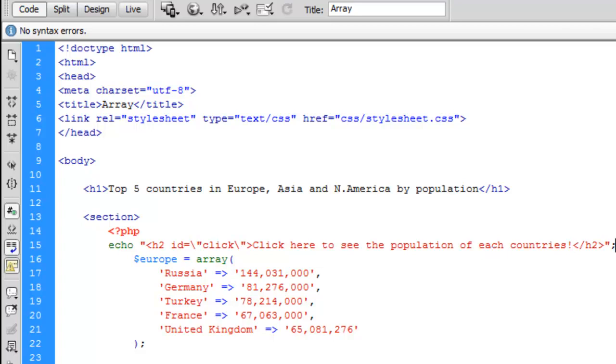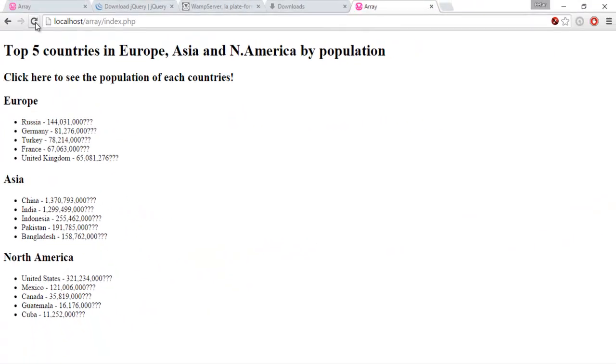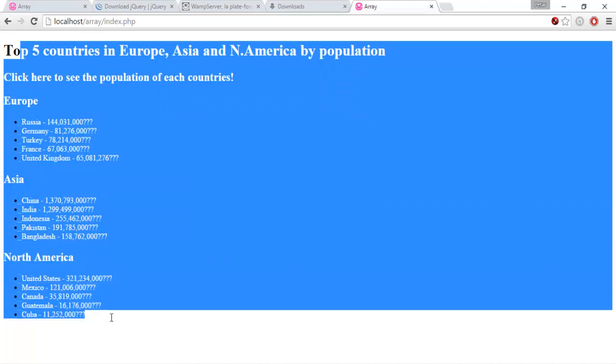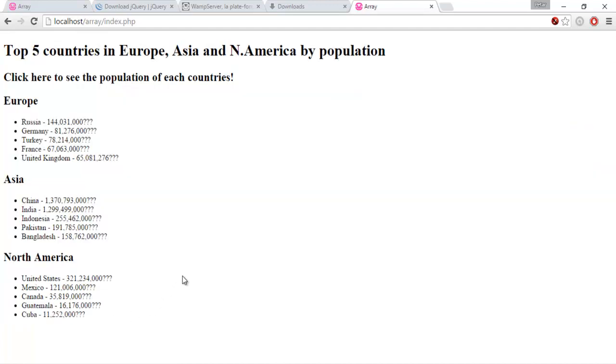Save and test again, and that is all about our first page, index page, and now we are going to